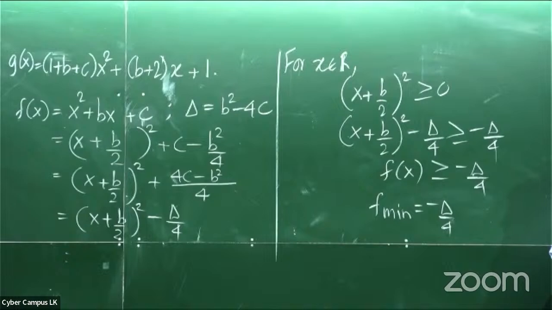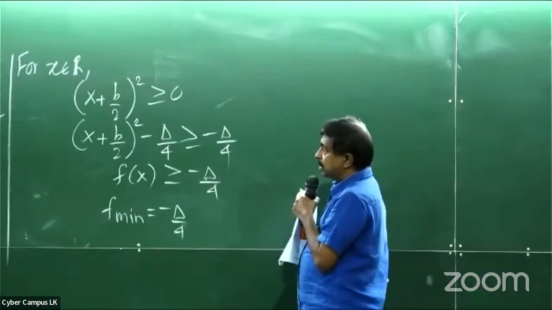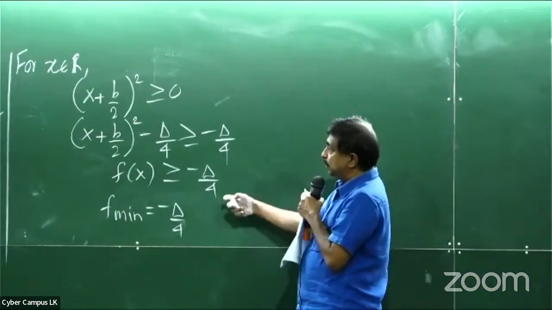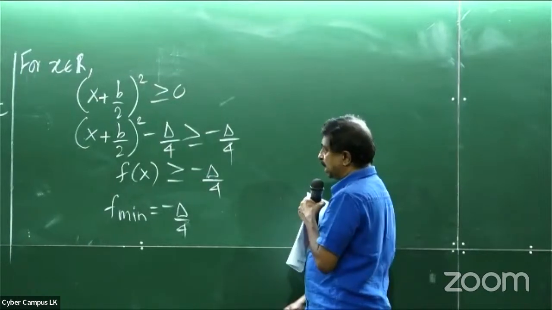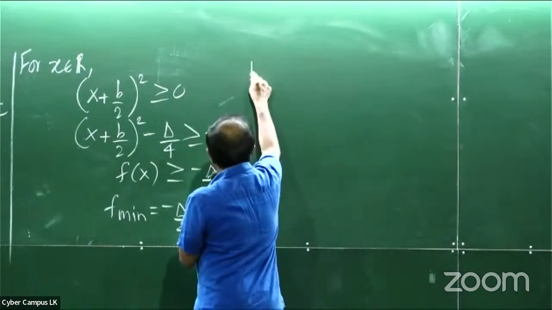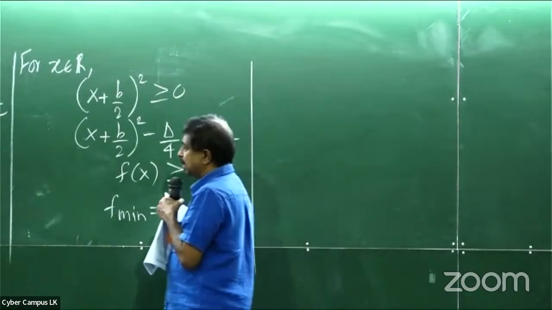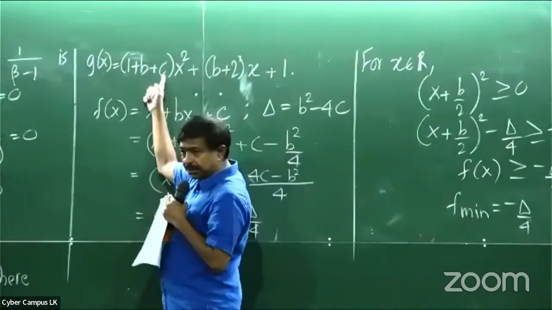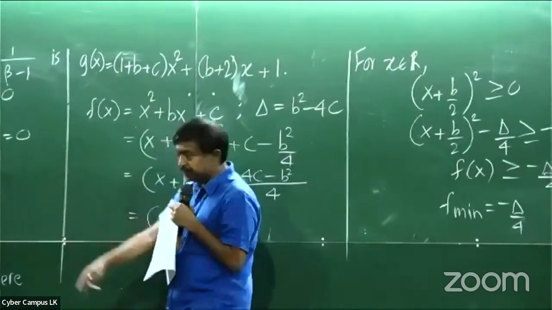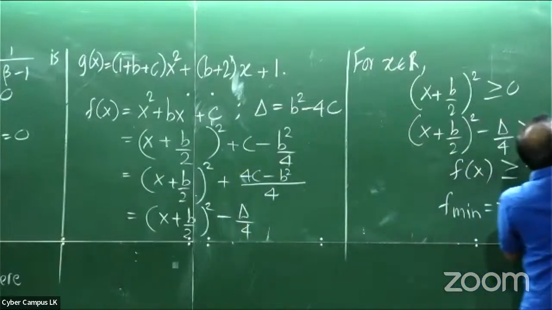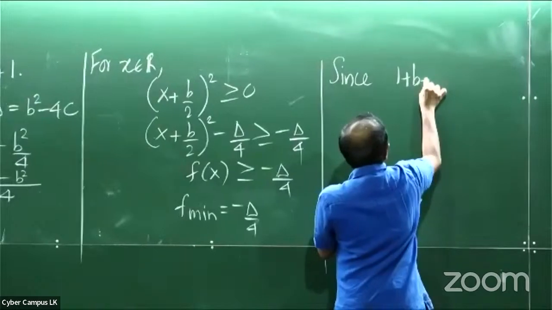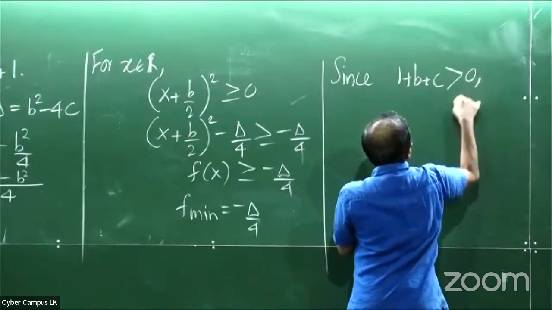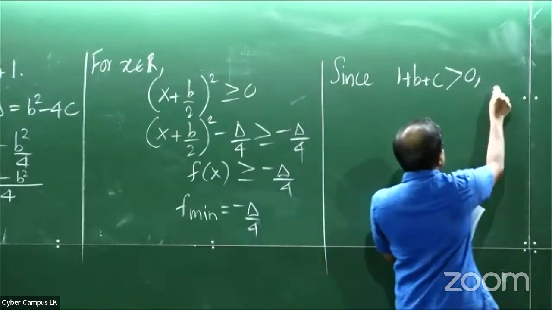But here there's a little problem, because in this case, we don't have an A. But we can use the result we had earlier. We'll use that one. Okay, what's the minimum value of this one? Since this is greater than 0, you have a minimum value. So since gx has a minimum,